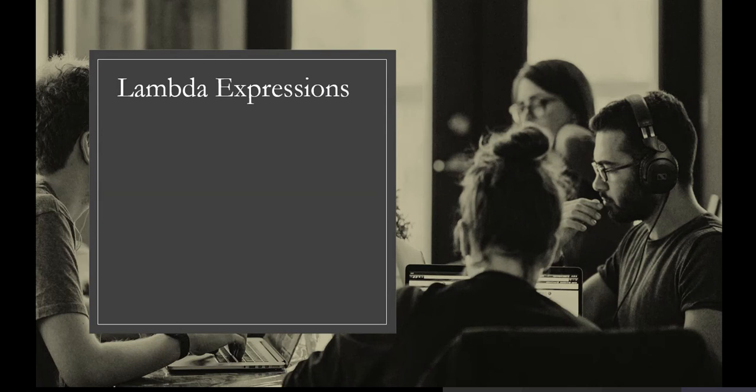Now where are lambda expressions mostly used? Obviously right now we'll be using it with delegate. Apart from this, lambda expressions are mostly used in LINQ queries to call LINQ extension methods. I guess we already discussed extension methods.